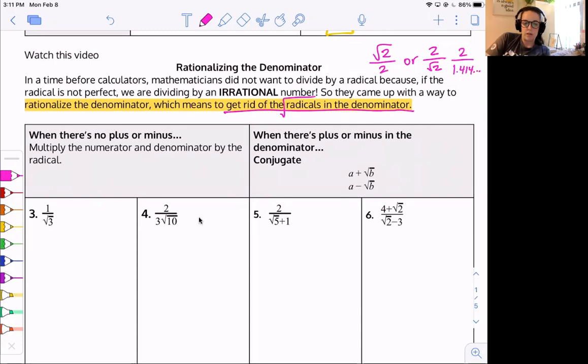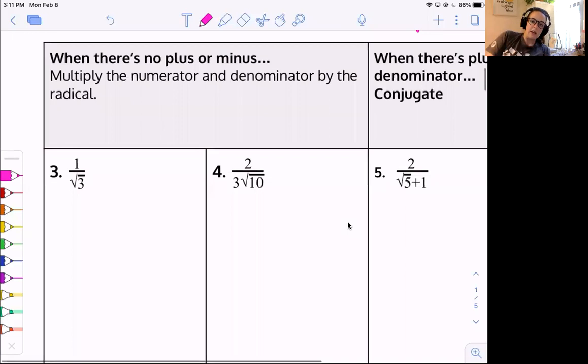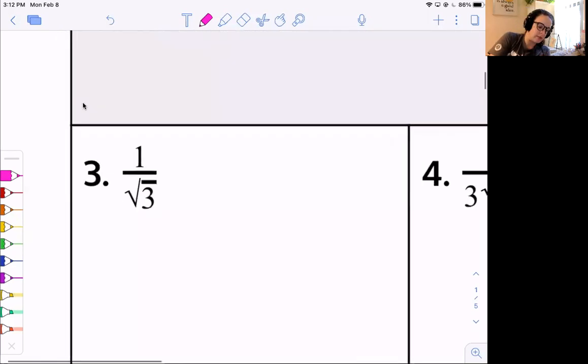So there are 2 ways that we're going to think about this. One is if there's a plus or minus, or well, we have to look to see if there's a plus or minus here. If there's not, it's pretty simple. If it is, we have to use a slightly different method. So if there's no plus or minus in the denominator, then we're just going to multiply the numerator and the denominator by the radical. So for example, in this first one,